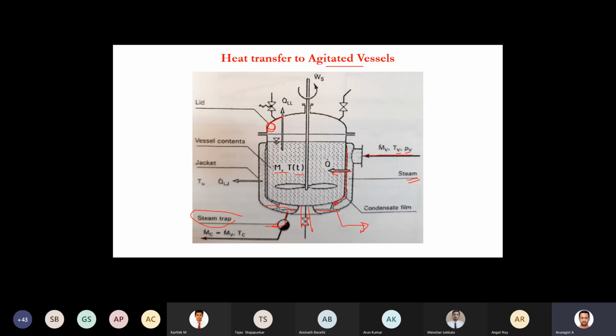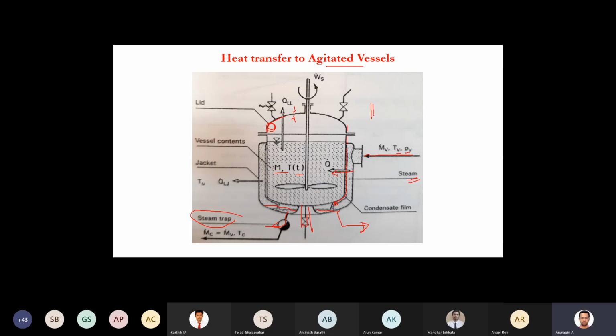In general, if the column is operated at low pressure or atmospheric pressure, in such cases we have to calculate the thickness of the vessel. This is the thickness of the vessel and this is the head thickness. Mostly we will keep everything uniform. Otherwise, sometimes the thickness of the heads will be higher than the thickness of the shell wall. In such cases, what will happen?